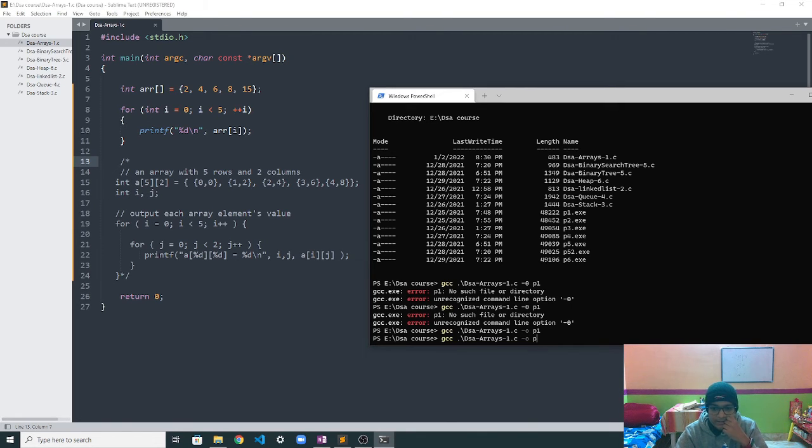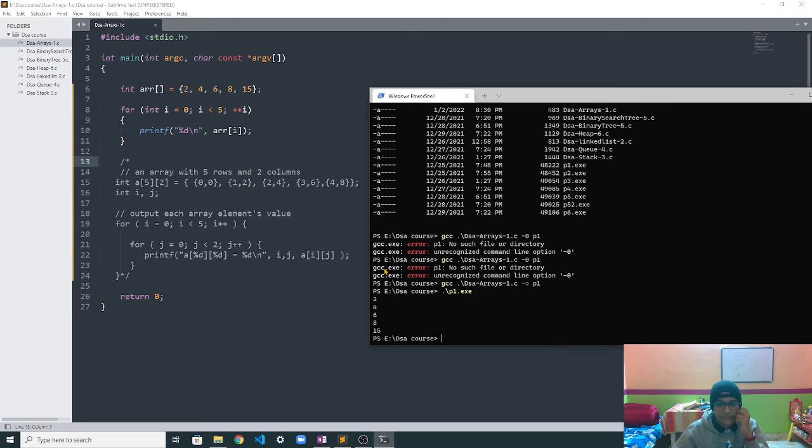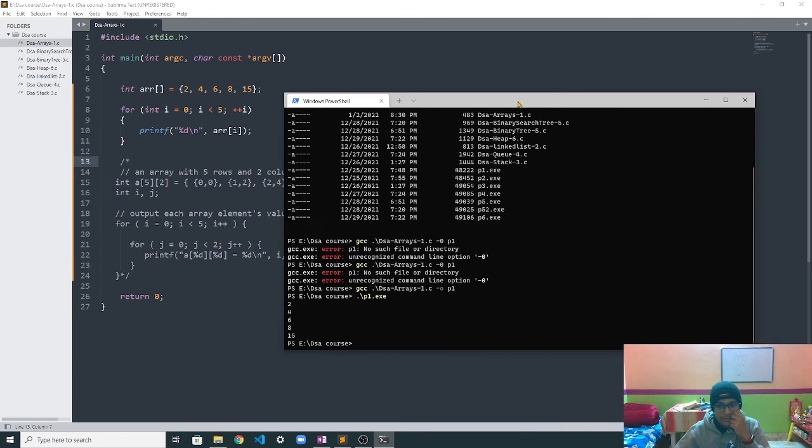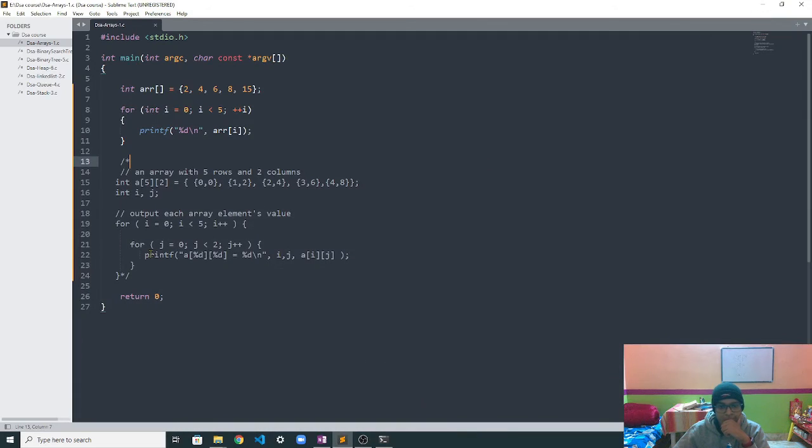So we have compiled the program successfully, and now let's run the exe file. As you can see, we iterated over this array and printed out each element. First the element was 2, then 4, and so on. So yeah, this is how you implement an array in C language.